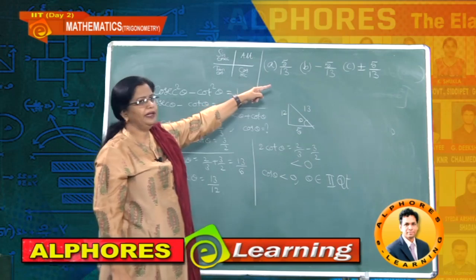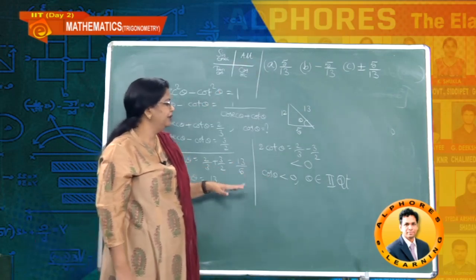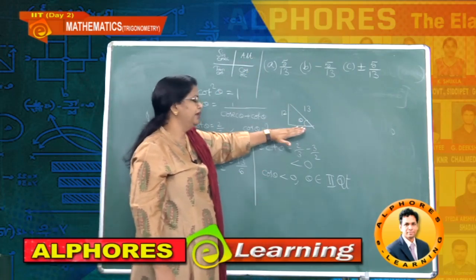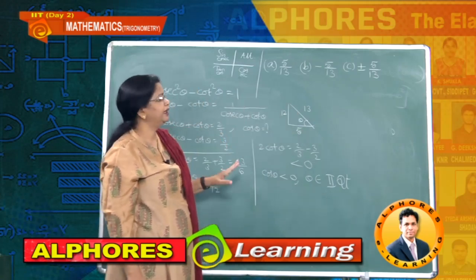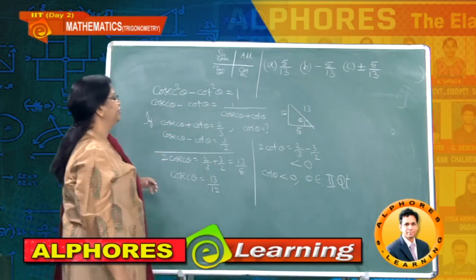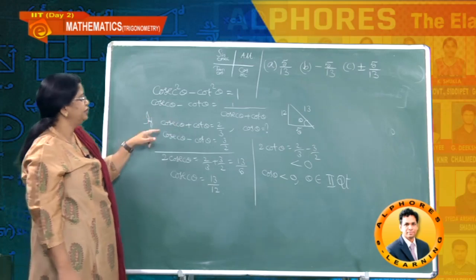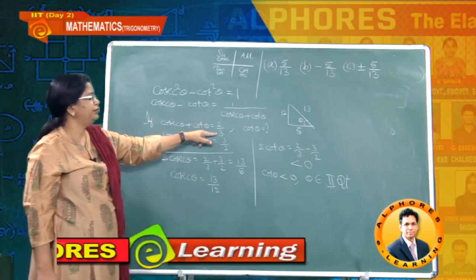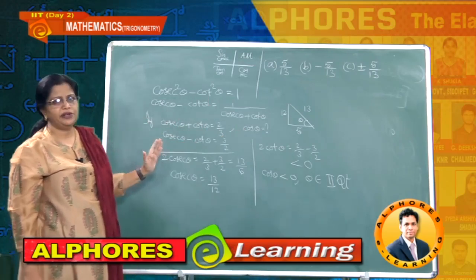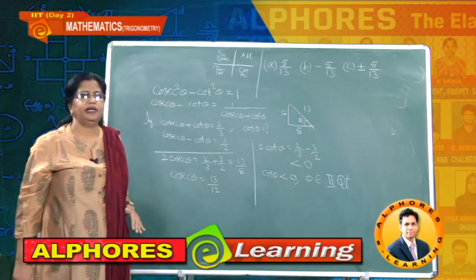Now what is my final answer? Minus 5 by 13, because this is negative. Whatever the value of theta, here 12, 13, it is 5 only, no doubt about that, but the answer you got is minus 5 by 13. So what is the basic starting model here? The starting procedure is cosecant plus cot equals 2 by 3, they asked about cos theta, and you have to get the perfect answer, so directly by using this formula you got the perfect answer.